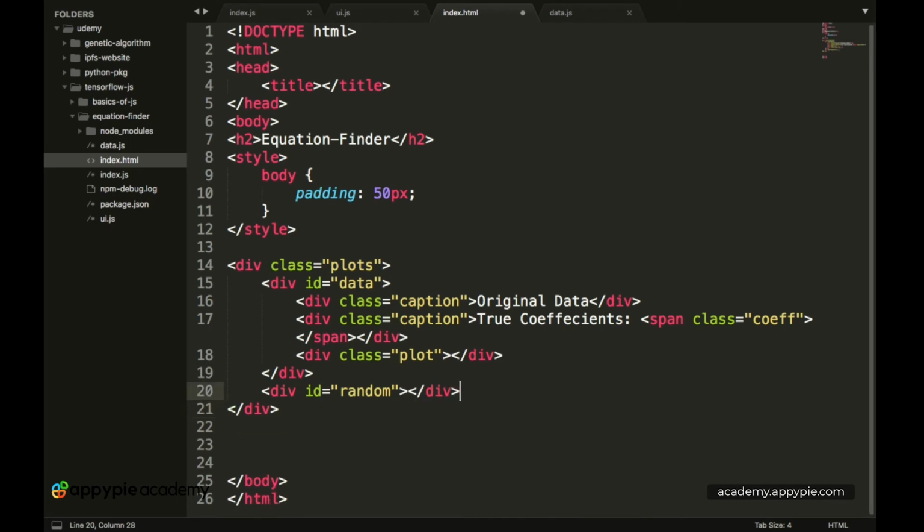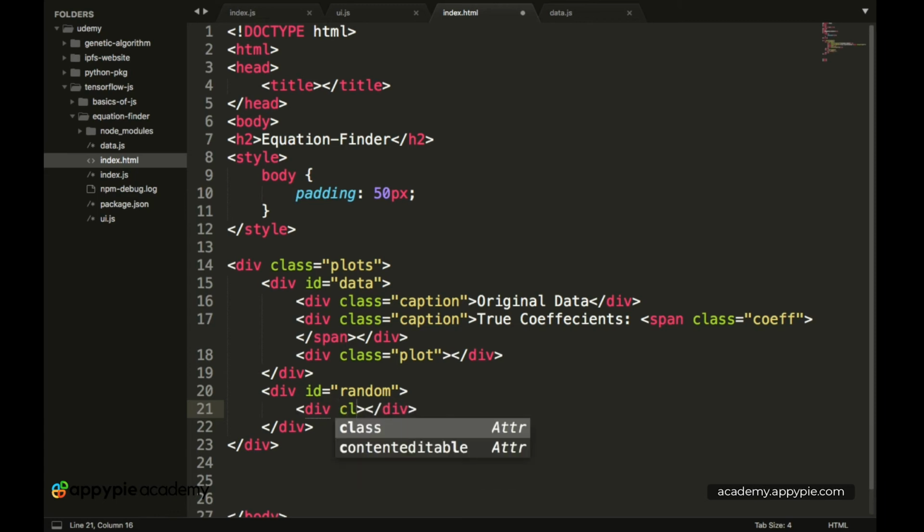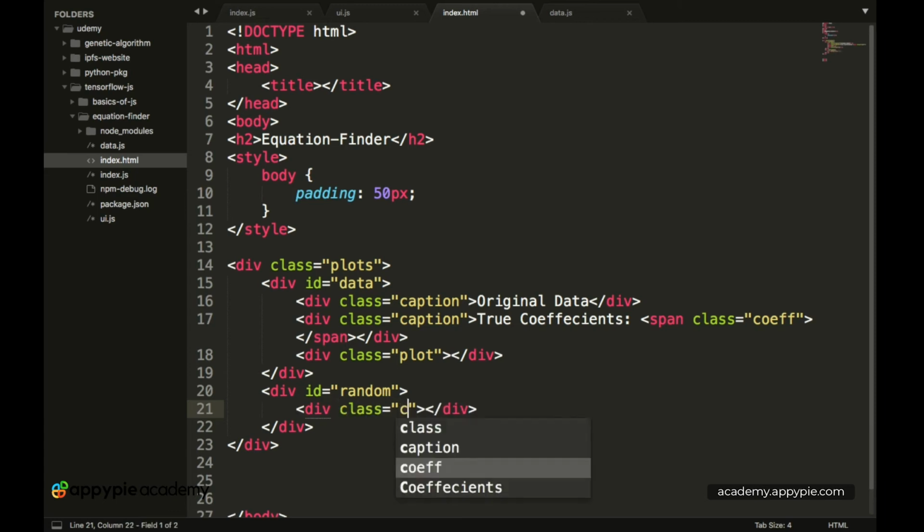Let's close it. Let's go on a new line. Okay, so we have a div over here which has the class of caption, and then this will basically contain randomly generated coefficients. So this is random coefficients.